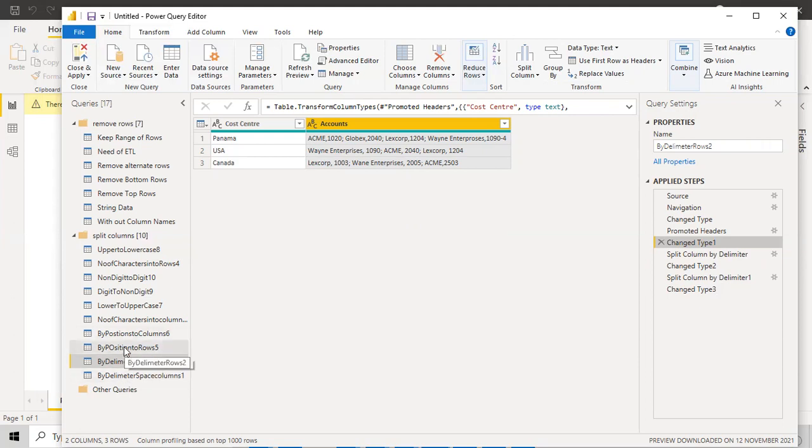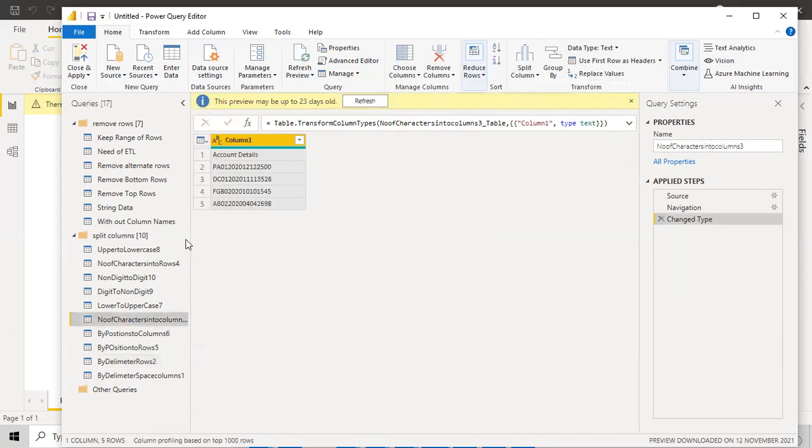Delimiter finished, and then I'll go with the second option, that is number of characters. Okay, so number of characters, and then counts. Yeah, this is another table, another requirement. This is a real-time requirement. Obviously, we will find this kind of thing a lot, so just keep in mind how we'll do that.